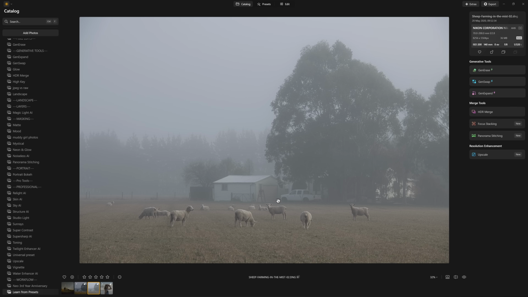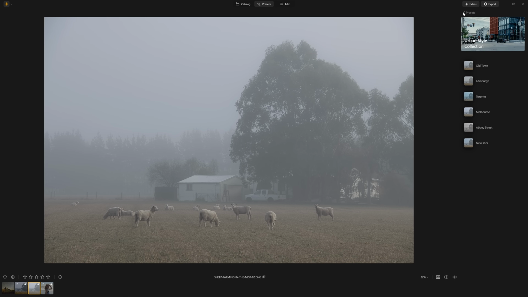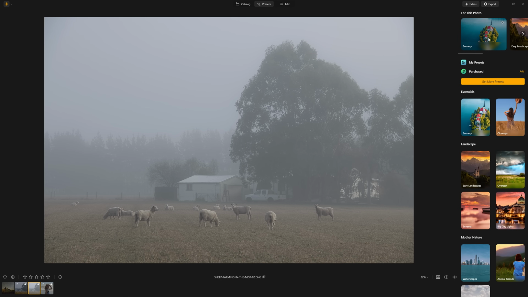This is a more problematic photo. We've got no real clarity because of the fog. So how would we process this? Again, if you came to the edit section, you may not know where to start, particularly if you're a beginner. So what I would again recommend, jump into the presets, come back to the main menu, and from here, let's